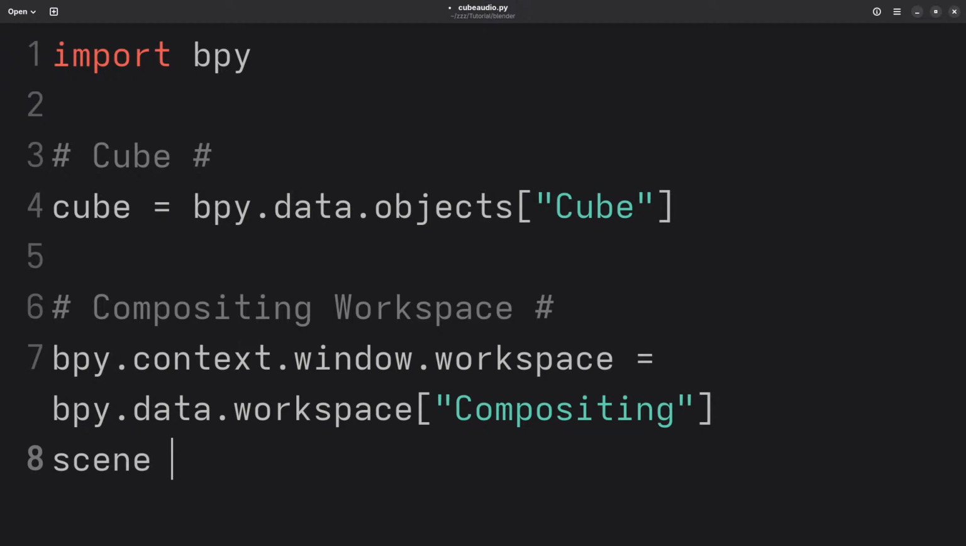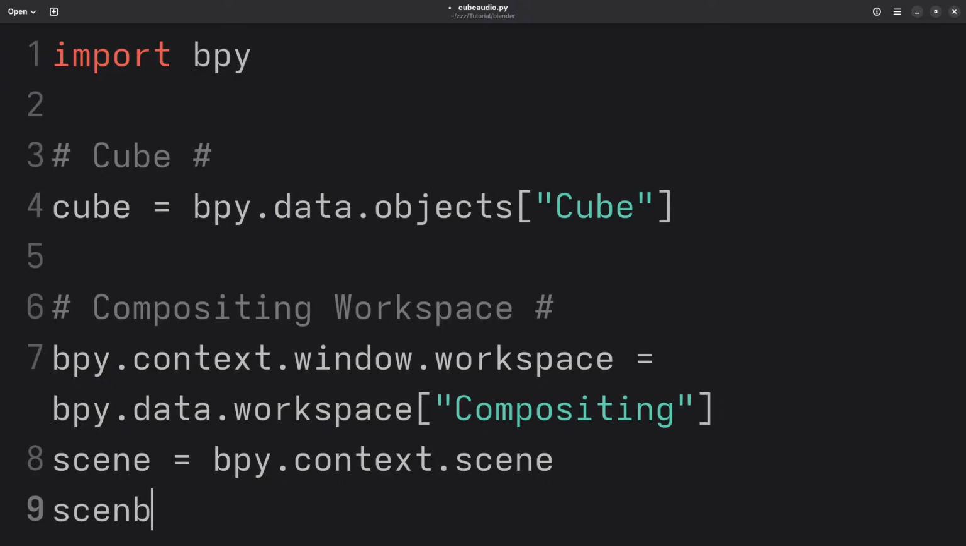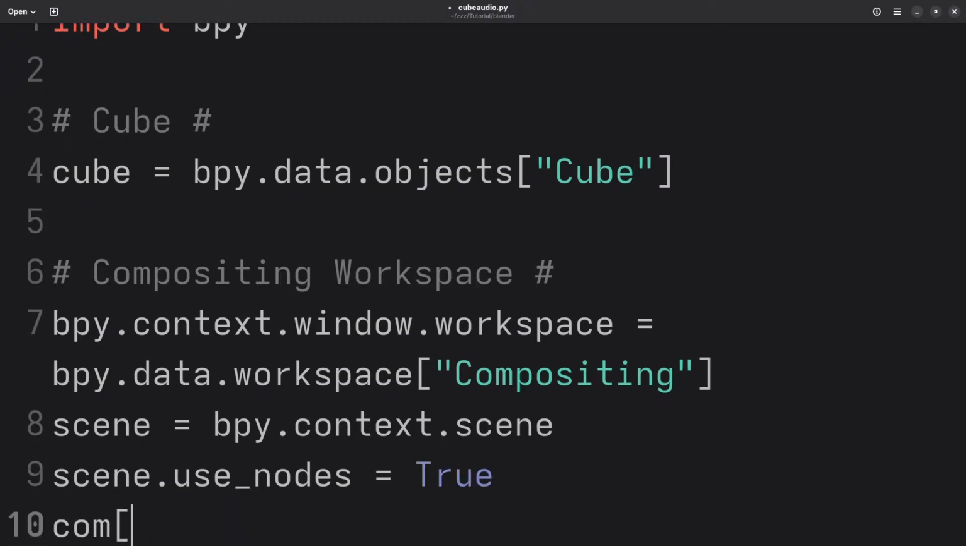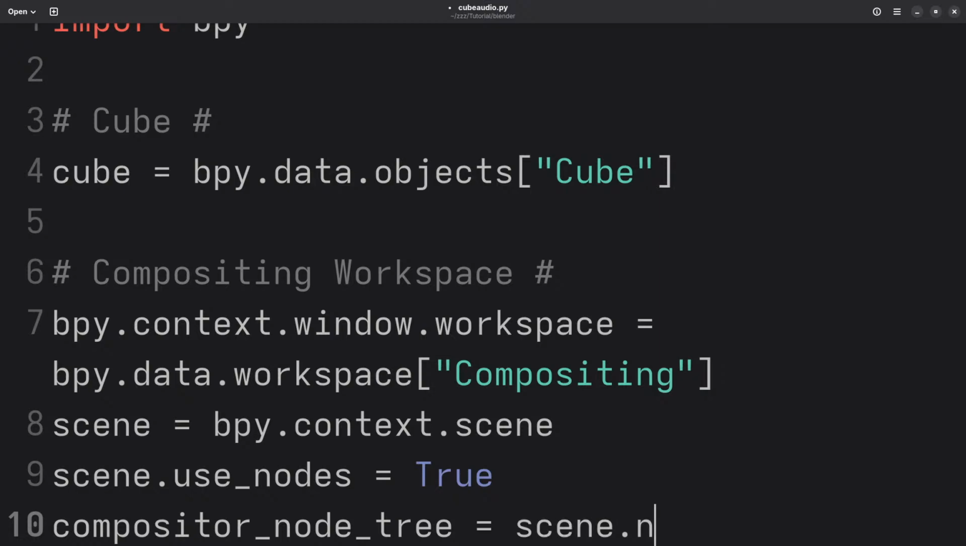Grab the scene equals context.scene. scene.use_nodes equals True, and the compositor node tree, scene.node_tree. I want to let you know that when you're actually working in the scripting workspace, you